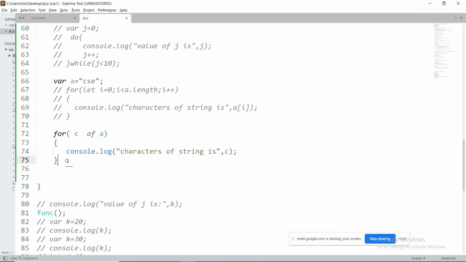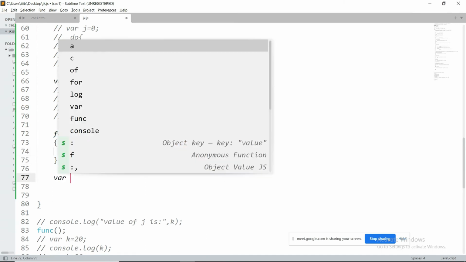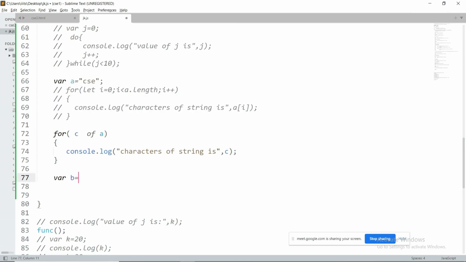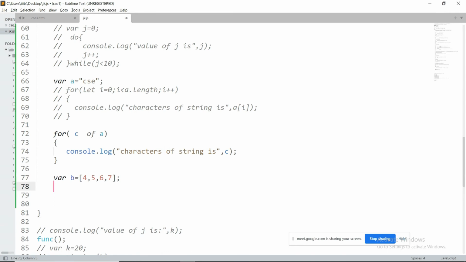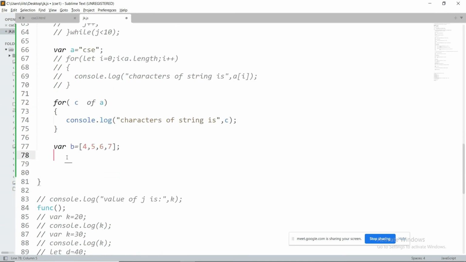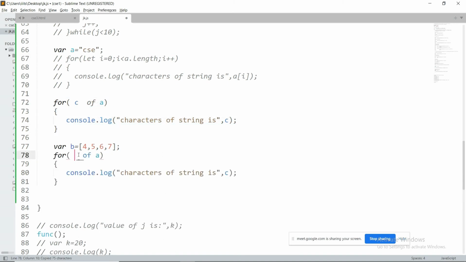For example, let me take b equal to, I am trying to declare one array. I will take the concept of arrays in tomorrow's class. Now I would like to read the values of this array. What can I do? One way is I can go with the normal for loop syntax. Or can I go with this syntax? Yes or no? Simply, for example, for k of b, I am trying to print